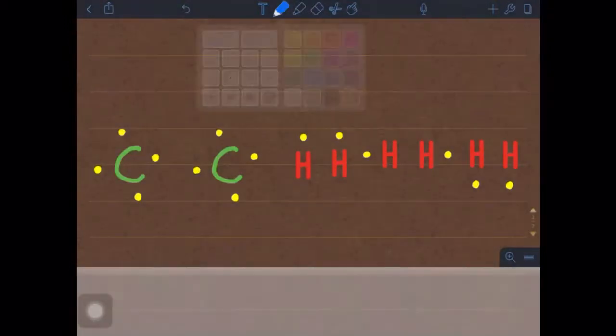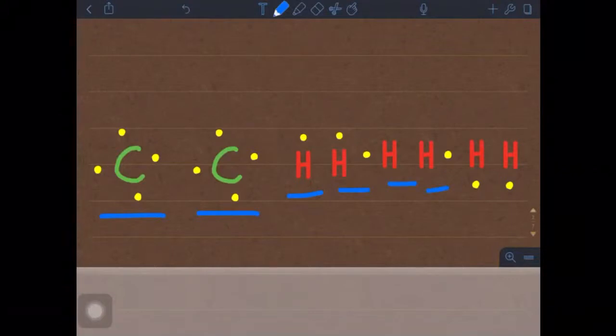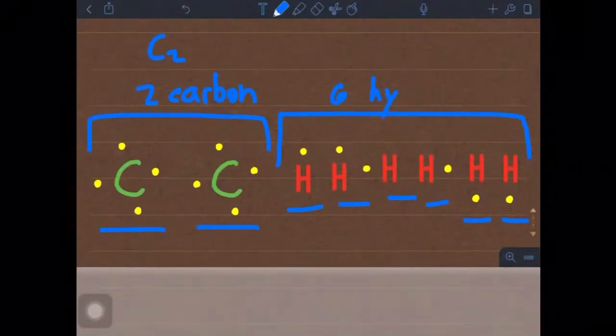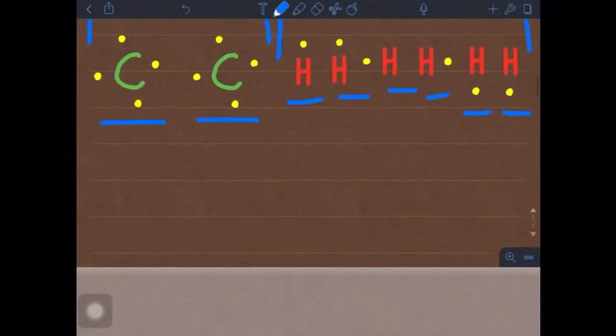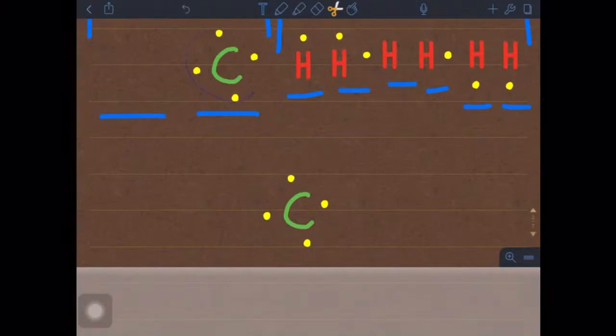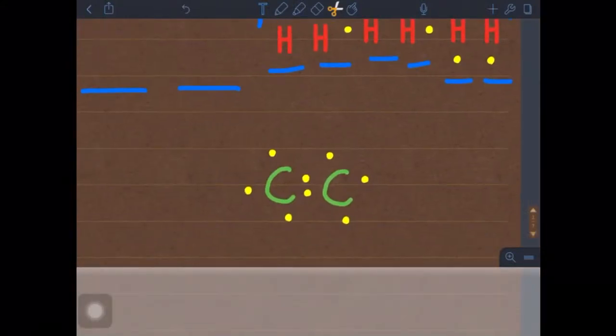So to start building the Lewis dot structure, we have these building blocks, and here we have our 2 carbon, which is our C2 in C2H6, and we have our 6 hydrogen, which is our H6 in C2H6. So to start off building this, we're going to put our carbon together, and these will go in the middle because there's only 2 of them, and they are most reactive because they have 4 bonding points. So carbon's going to go in the middle,